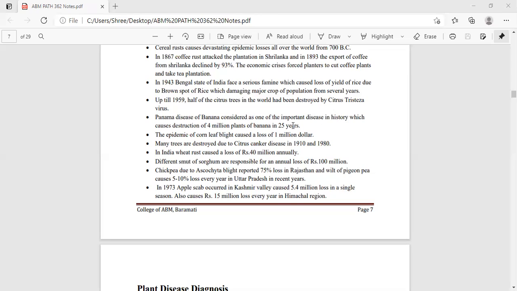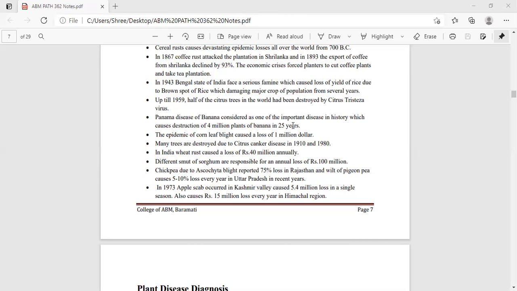Chickpea, due to Ascochyta blight, Ascochyta rabiei, that is the causal organism, reported 75% losses in Rajasthan, and wilt of pigeon pea causes 5 to 10% loss every year in Uttar Pradesh in recent years. So these are some of the effective systemic and foliage fungal organisms causing losses in chickpea as well as pigeon pea. In 1973, apple scab occurred in the Kashmir Valley and caused 5.4 million in losses in a single season,